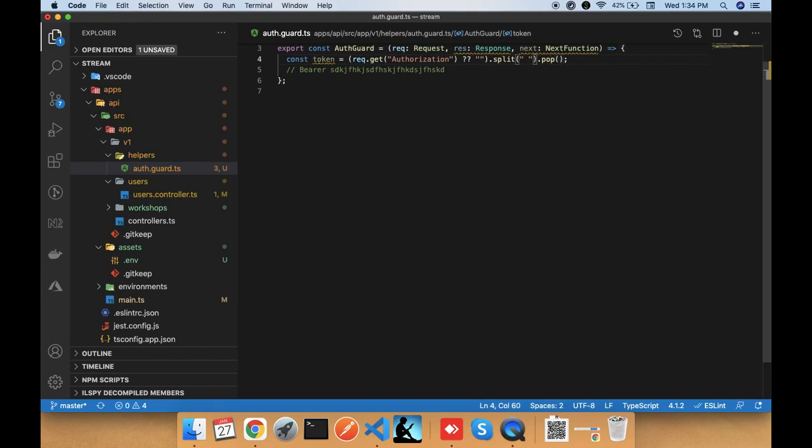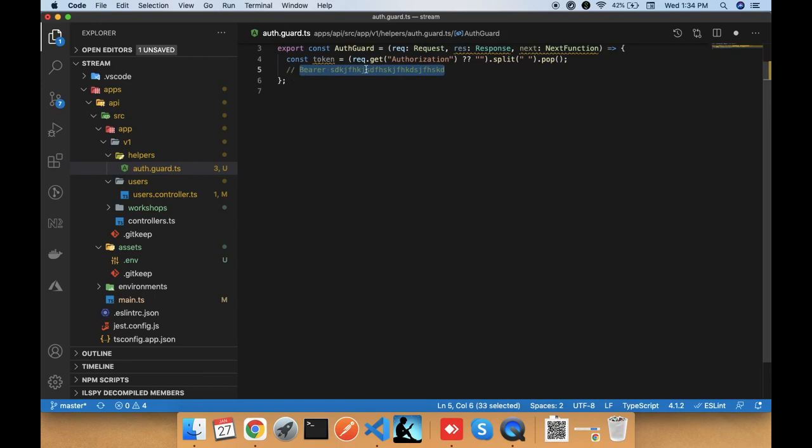And when I split it with a space, I again want to check this. This is going to be an array. Okay, I think that should be fine. Split it with this. Okay, so what pop is going to do is it removes the last element. So basically what I'm doing with this string is I am first of all getting this entire string when I say request.get authorization. So I get this entire string